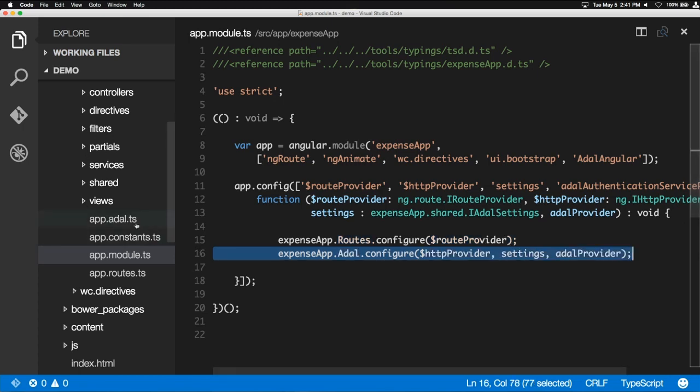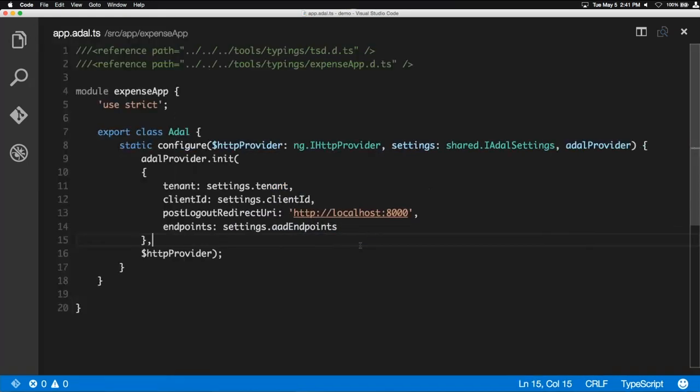expenseapp.adal.configure. This is showing off one of the coolest technologies that Microsoft has created in a while. What is that doing? There is now support for the implicit OAuth flow for authentication in Azure AD. What is that? The biggest thing that we had to do when we were doing authentication is that we had to protect the secret part of our application. If it's the authorization code, we got to protect the client secret. If we're using